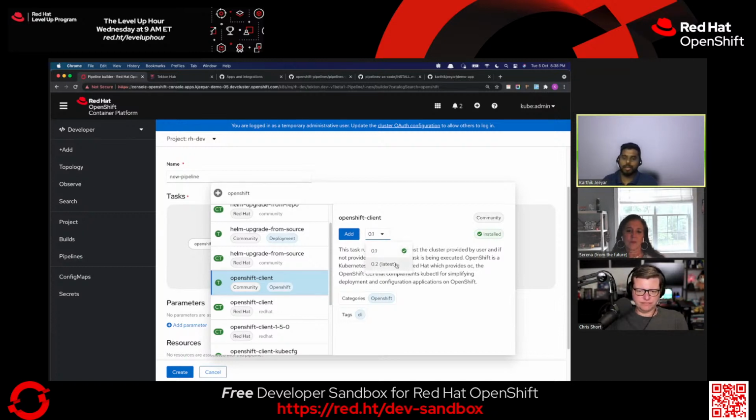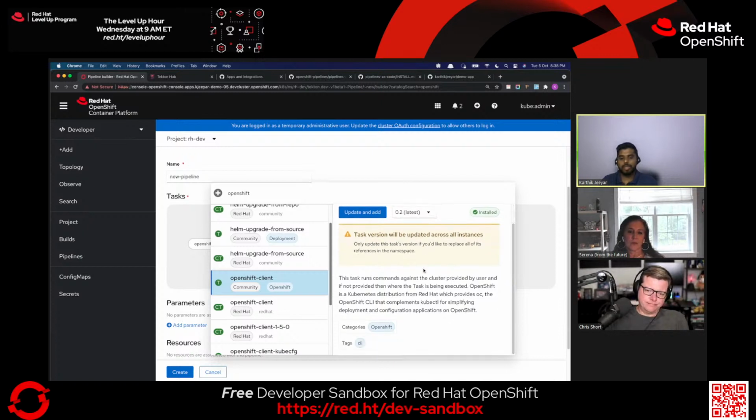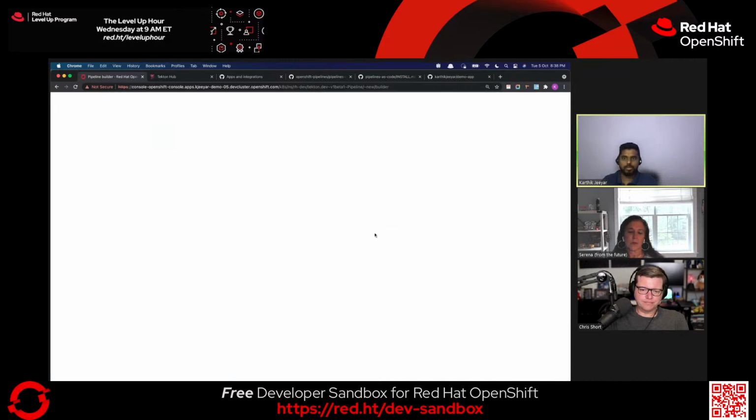If the user wants to upgrade the task, we'll show them a warning message, because updating this task will replace all the references in this particular namespace. So all the pipelines that are using this task will get updated. So we are showing this warning to the user. And once they hit update, oops,